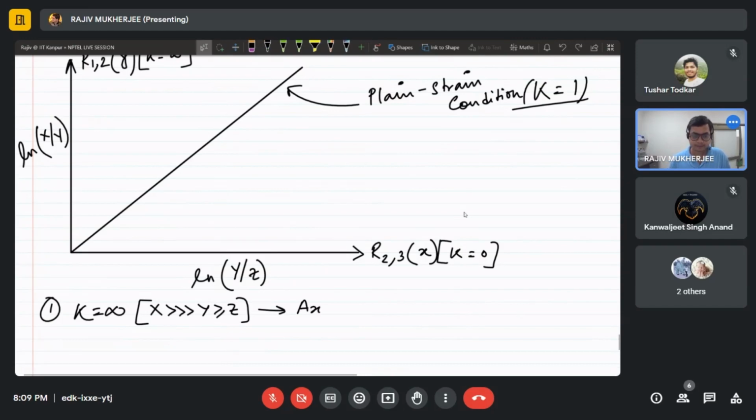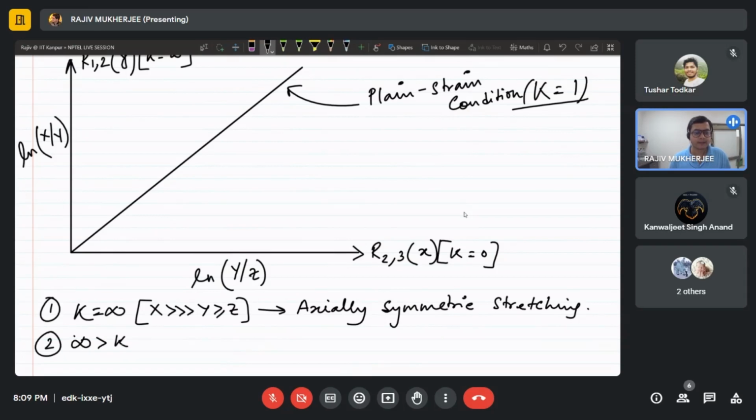Okay, the second is k less than infinity, but greater than 1. In this case x is greater than y, but y is equal to z. This is known as constrictional strain,